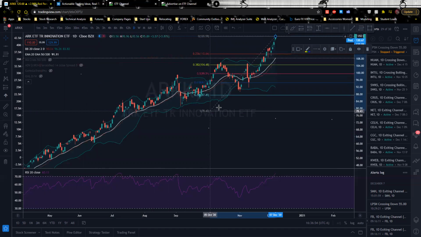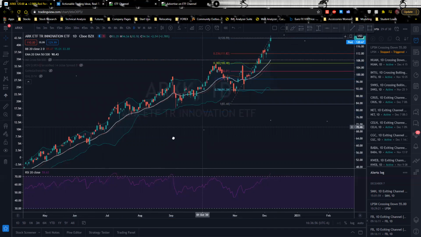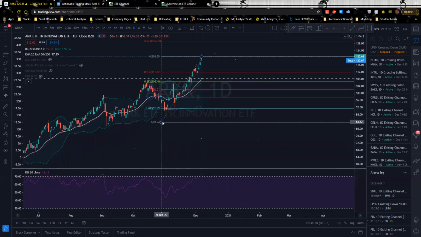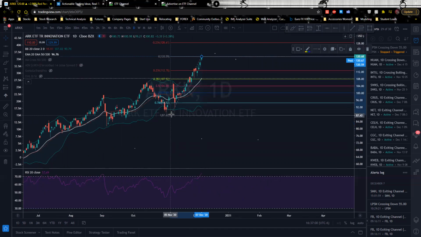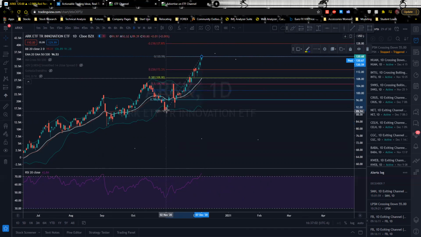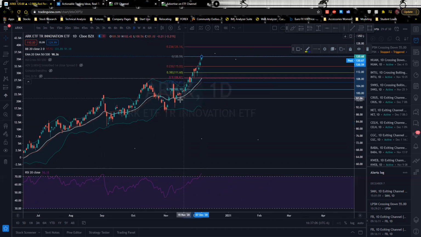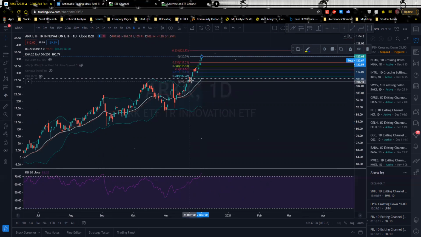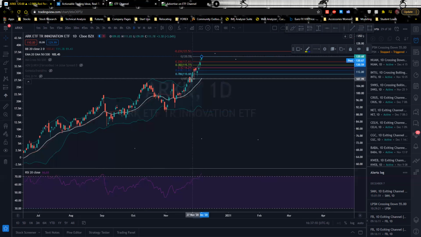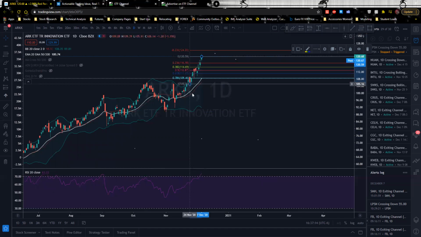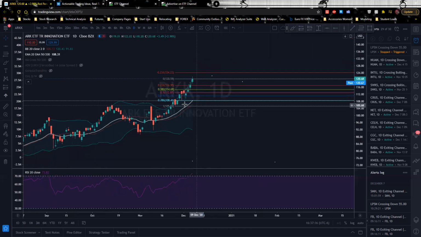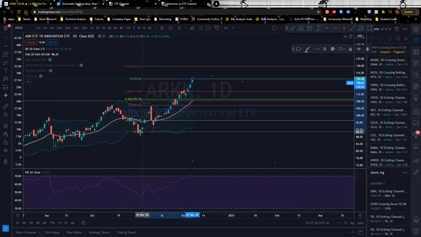That's not realistic. So typically, what you want to do is have the low level at the next level of support or second level of support, however you feel comfortable with. So in this case, I would actually probably have it here realistically. But if I felt like it was more gonna come here, then I'll probably bring the level to like right